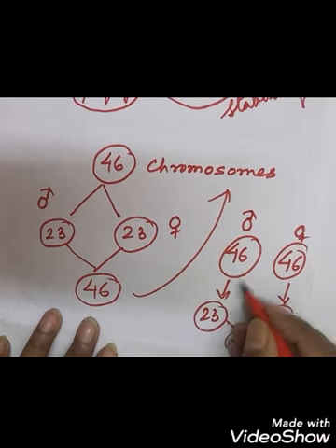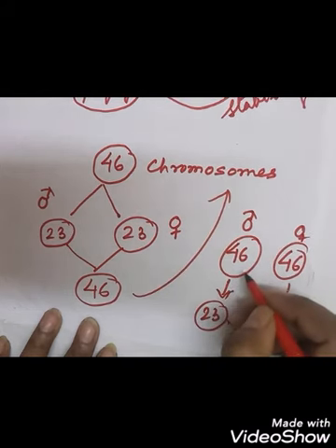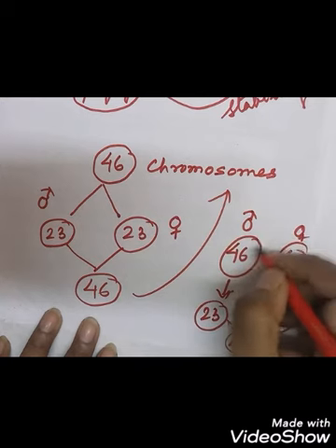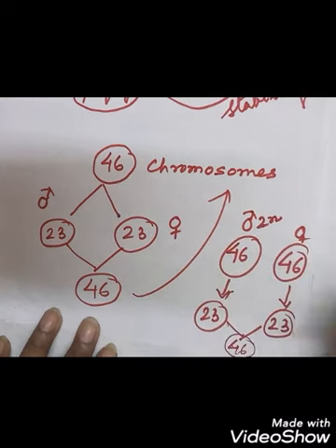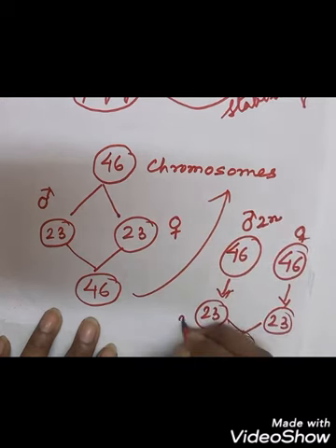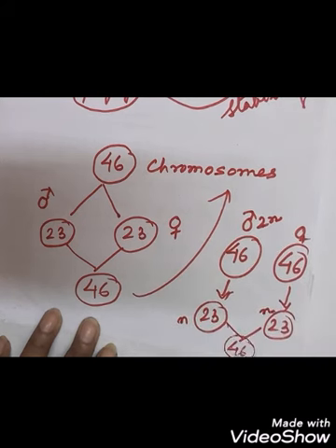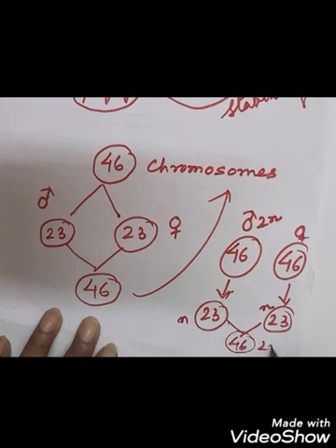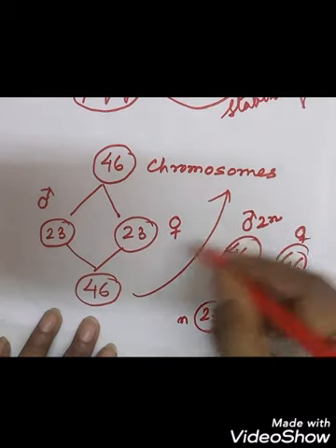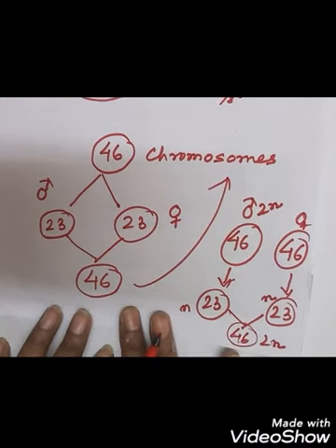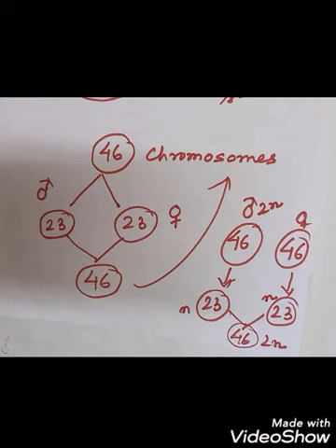They are producing the gametes. Gametes are haploid. So suppose 46 is the diploid condition, that means 2n. When we get 23, this is n. This is also n. n plus n gives 46, this is also 2n. So this shows what? The stability of the DNA, which is the basis of inheritance, which is the basis of the rules of the Mendelian principles.